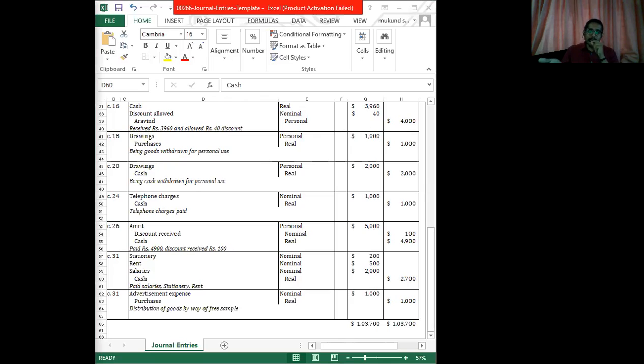So what is advertisement expense? It is a nominal account, it is an expense, so it is debited. Okay. And what are we crediting? Purchases, because the goods or stock which we have kept to sell has been taken, right? 1,000 rupees worth of goods has been taken, and it is a real account. So apply credit what goes out under real account. So advertisement expense, it is a nominal expense, we are debiting that, and the purchases has been credited. Okay. Advertisement expense account debtor to purchases, fine.